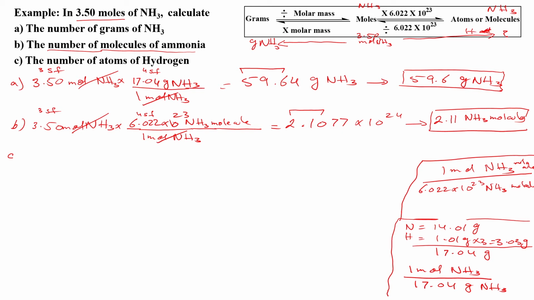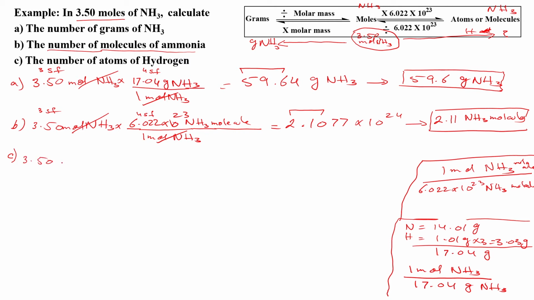Now, if you have to find atoms of hydrogen, you need moles, right? But you need moles of hydrogen. And the given right now is moles of ammonia. So it means first you have to convert these moles of ammonia to moles of hydrogen atoms, and then you will convert those moles of hydrogen atoms to the number of hydrogen atoms. So for C, remember, the first step now we have